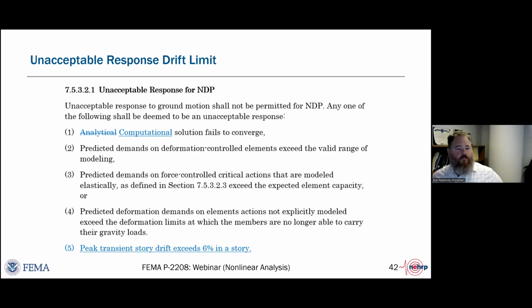And that's a recommendation. There's some language in the commentary that talked about how you may be able to be stable at drifts larger than 6%, and that would be on the professional to justify to their peer reviewer. But there was a consensus recommendation which was sent over to ASCE 7 that 6% should be a metric used as an unacceptable response. And this also parallels a change that was made in ASCE 7-22, which now states that unacceptable response is defined as 150% of your peak or your mean drift that you're supposed to hold the structure to.